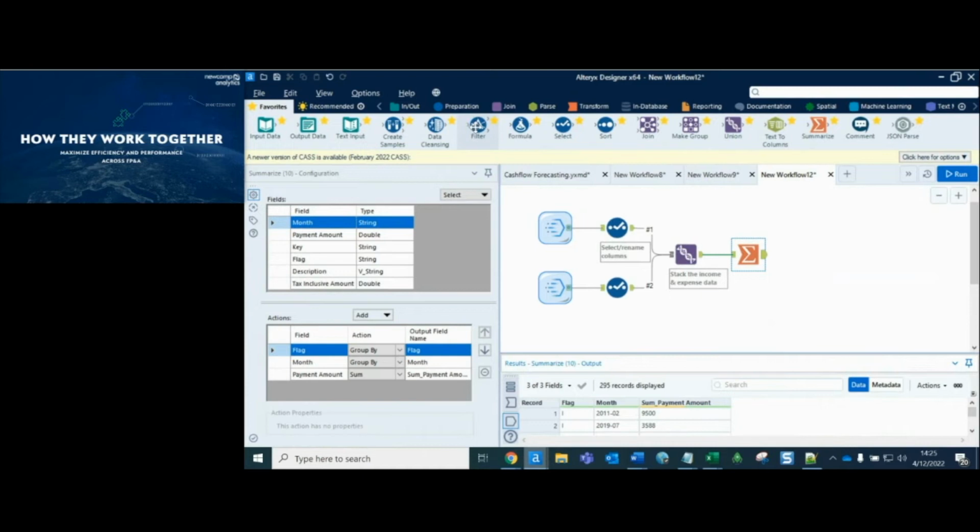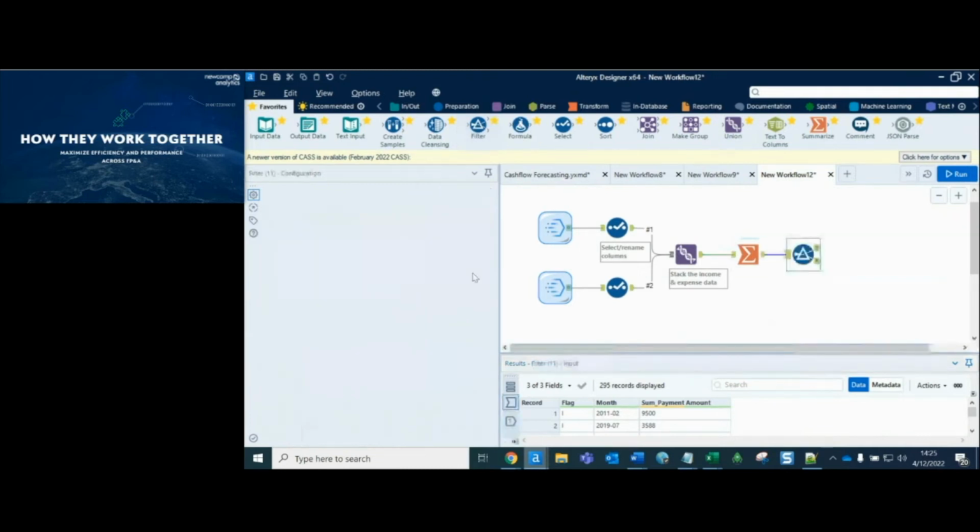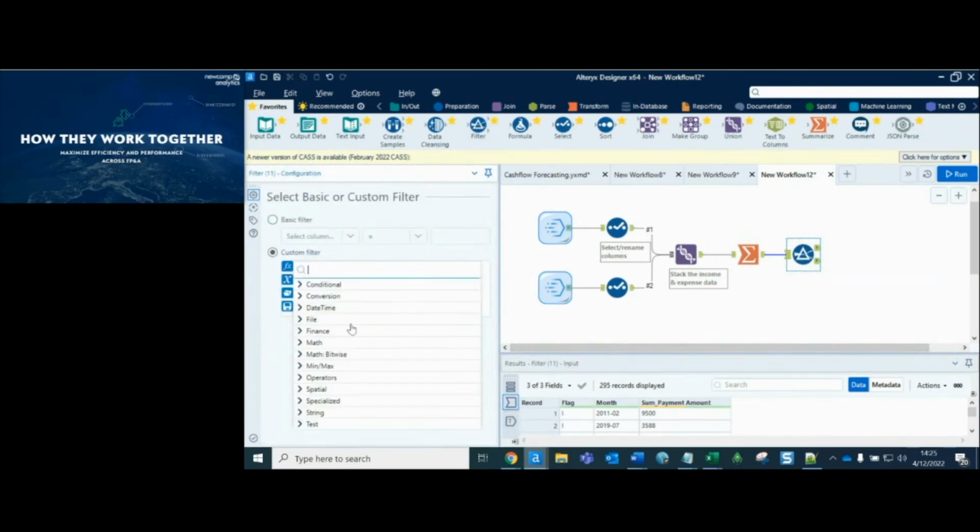Perfect. Said I'm interested only in income. So I've got a filter tool, right? Think about when you're filtering your data in Excel. You have a filter that you select, and really here we can do it formulaically. So we can get quite clever with how complex we're getting. We've got a whole set of formulas here, but in our case it's going to be a basic filter